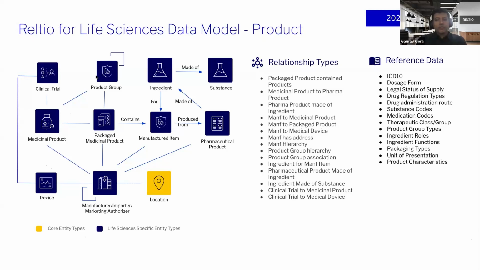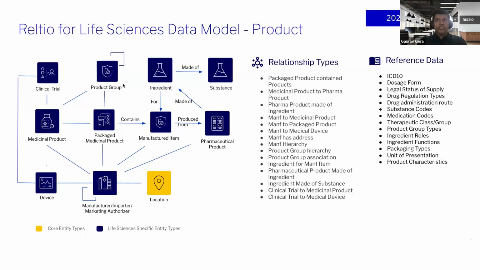At the same time, your product group can also act as a product family, right? So if you want to collect all the products based on, for example, therapeutic areas, right? Identifying those products, let's say for pain management or for diabetes, right? So you can collect all those within the product family of that therapeutic area, right? So this is where the notion of the product group kind of helps you